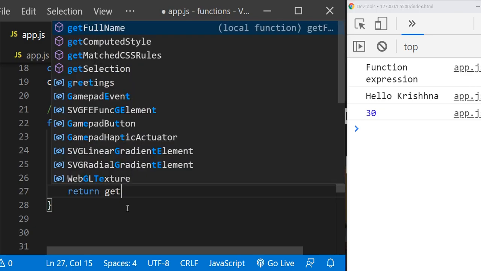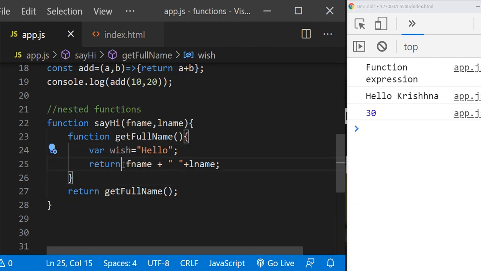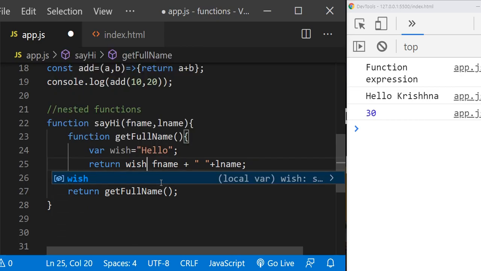Return getFullName. That's it. And here wish, I will write wish.